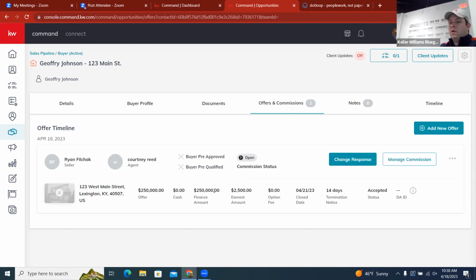And then once you get, I don't do the manage commission section until I get closer to the end of my transaction closing. You can do it whenever you would like to after you've gone under contract. But it's just one of those things that it takes up some of your time, and if it doesn't end up closing, then there's no point in being in there. But at some point before you come into the office and drop your check off, you will want to come into this manage commission section,